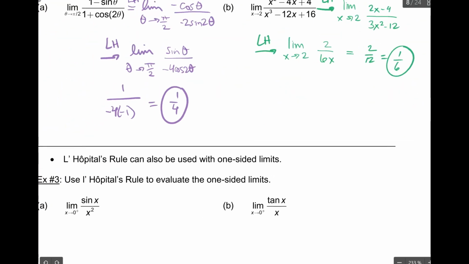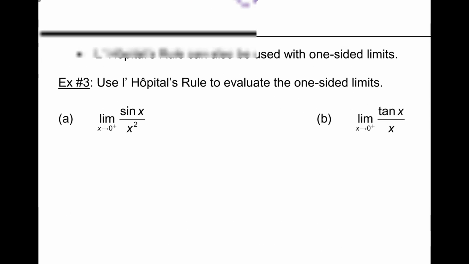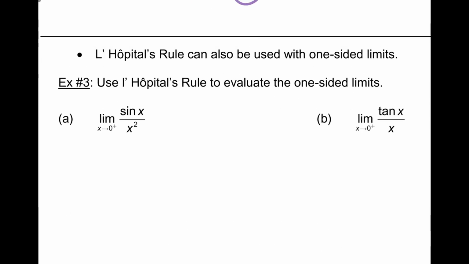So we also can use it for one-sided limits. Because at x equals 0, sine of 0 is 0. X squared, well 0 squared is 0, so this is an indeterminate form. But if I approach it from the positive side, I can evaluate this limit. So again, you have to do the stronger formula, right? Well, we'll see. So going from the positive side,